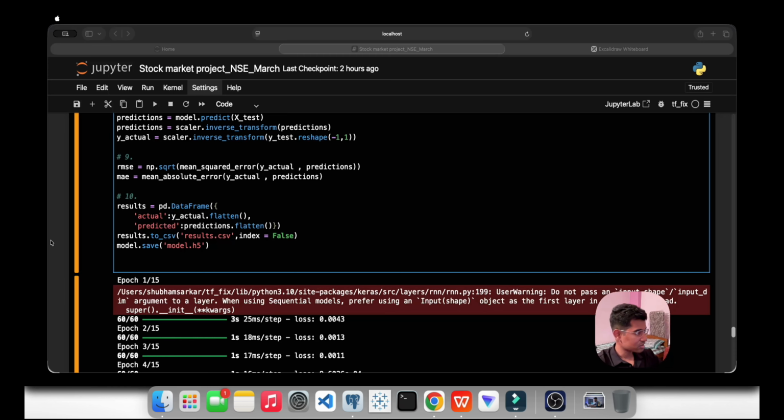And model, acha haan, one more thing, model dot save we have. So it is saving the trained model, like we have created a file for this. So here what we are doing, it is saving a model. And what is h5? H5 is a file format. Simple. It is like a file format. That's it. Nothing else. Okay? That's the thing. And anything else you need?